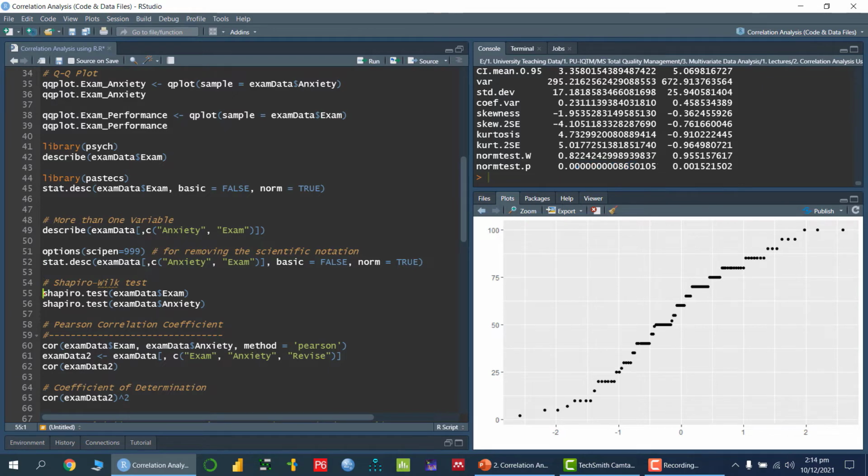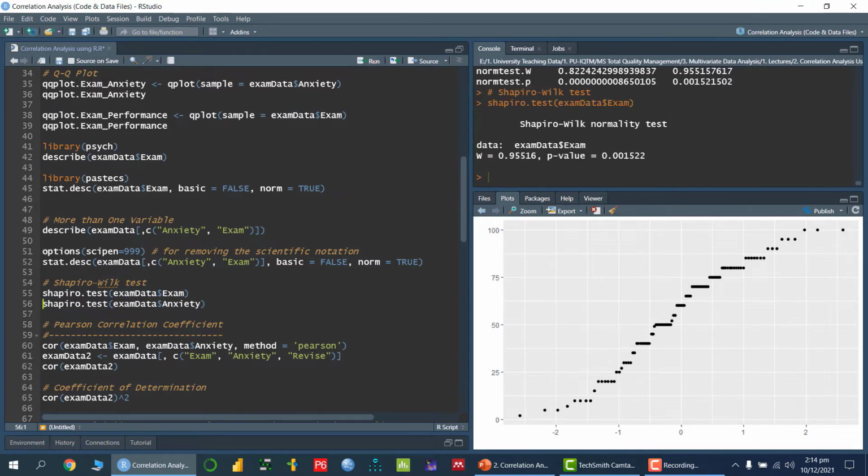Or I can apply Shapiro.test, that is the name of the function to check the normality of the data, and then exam data $, the name of the variable against which you want to apply the Shapiro-Wilk test. Similarly, for the exam anxiety, from both the tests, as we have concluded earlier, the data do not follow the normal distribution. So basically, for exam anxiety as well as exam performance, if we want to find out the